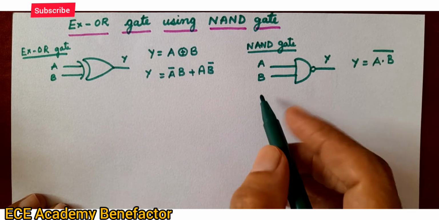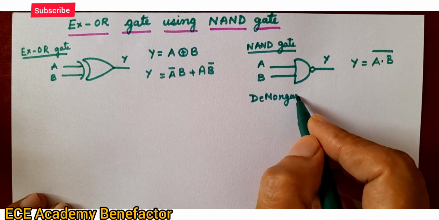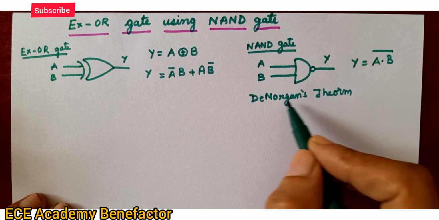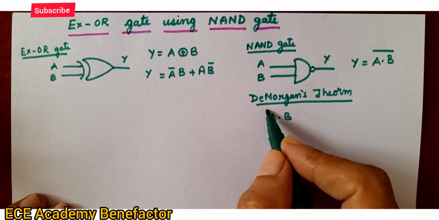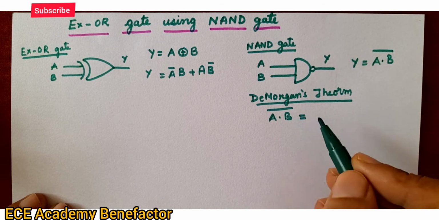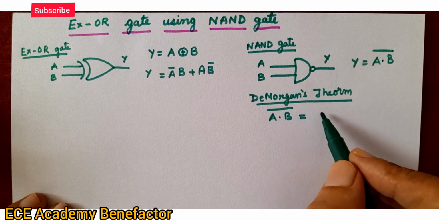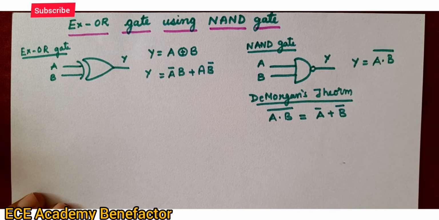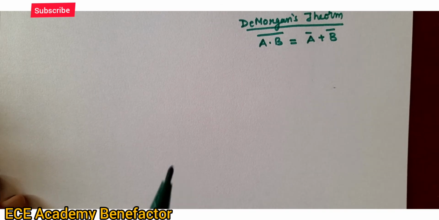For this, we need De Morgan's theorem. There are two De Morgan's theorems. In this one, we have to use A dot B the whole bar. This is an AND gate. This theorem we have to use for design of XOR using NAND gate. A dot B the whole bar is equal to A bar plus B bar. This is De Morgan's theorem. So, coming to the first step of design,